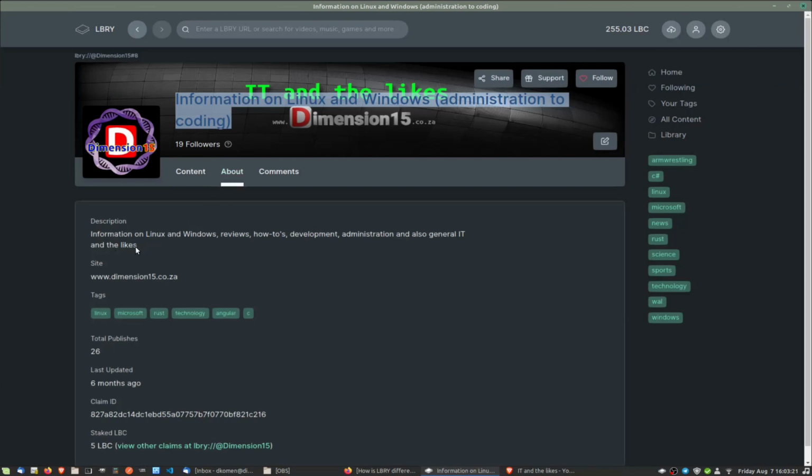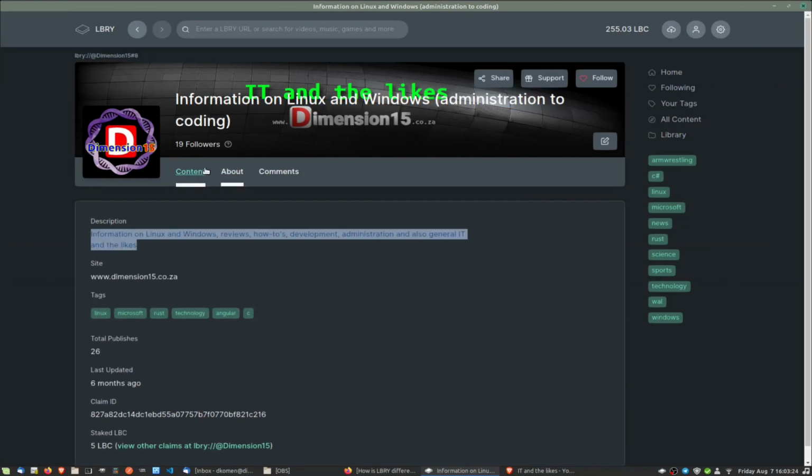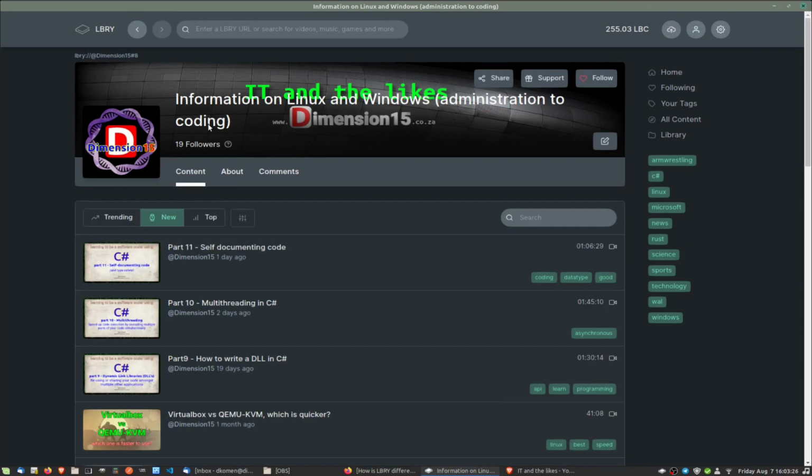If you go to about, this description is what's actually placed up top there. So because they know that if it was a bright image in the back, people won't be able to read this information on Linux and Windows, etc. description I have. But that's my problem, not their problem. I should make my image darker. They shouldn't do it for me because I don't like the way they've done it. I'd rather do it a different way. So yeah, I don't like that. But other than that, really,